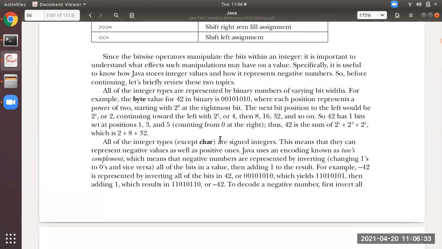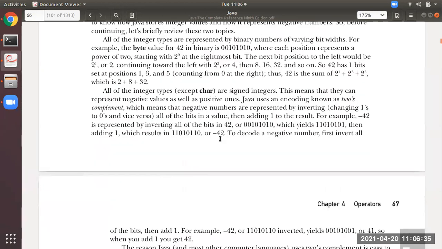Okay. And what about a negative number in Java? How a negative number is represented in Java, try to remember this, you have learned in digital electronics. Even in computer organization, it is there. How to represent the numbers, that is negative numbers. Whatever the number is there, that will be applied with 2's complement. Means first it will be applied with 1's complement, then 2's complement.